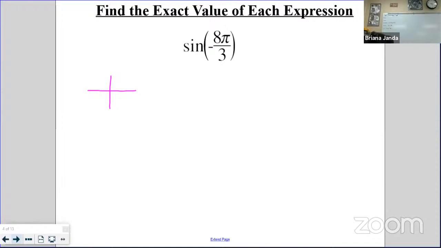Probably our most challenging part of this is drawing 8 pi over 3. Remember, fall back when we were talking radians into considering half a circle 3 over 3, a full circle 6 over 3. How many thirds are we going here? How much bigger than a full circle, right? You are supposed to head in the negative direction. Let's see if we ended up in the correct quadrant as we did this. So negative 8 over 3. So if I think in thirds here,